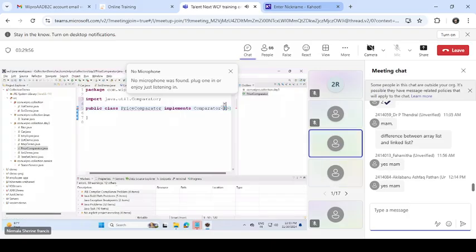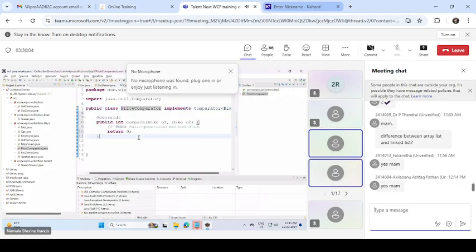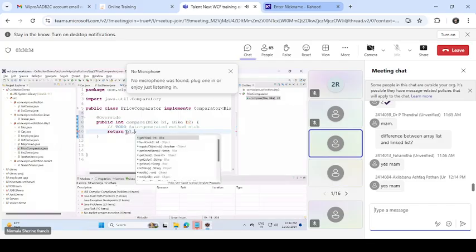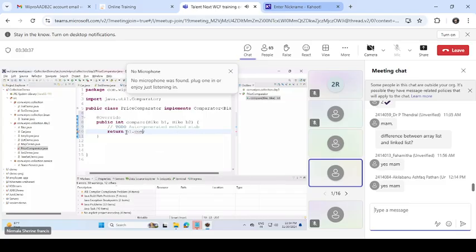Okay, and here we have to mention bike. When I'm trying to implement, it shows, forcefully it is telling me to implement this code. So we have to compare the two bikes, bike 1, bike 2 we are getting. Here I can change the names. It shows object 1, object 2. So here we can give bike 1 dot compare to